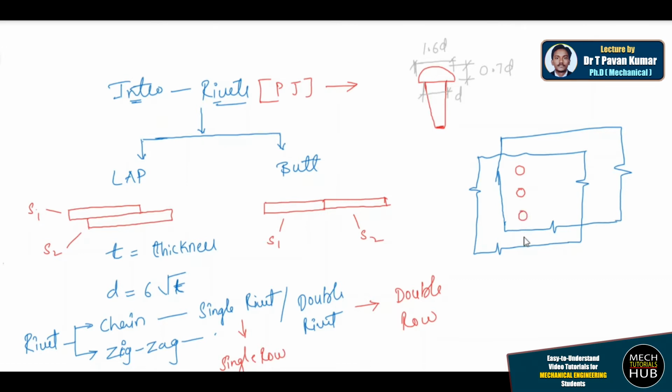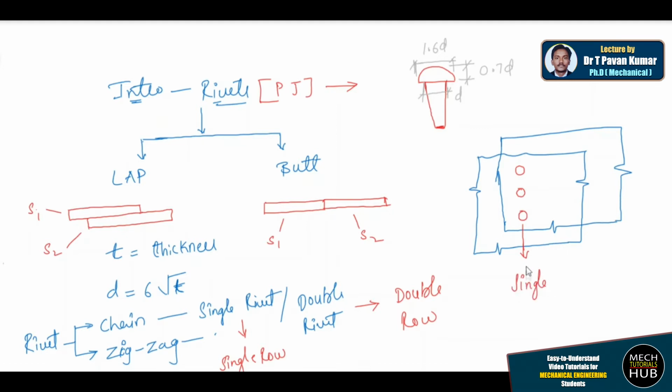If the length of the sheet is some 100 or 500 meters, then you are going to place more rivets to fix it. But the idea is to show only the area where exactly riveting is done to fix two sheets. If that is the case, you can represent it with 2 rivets or 3 rivets, that is fine. When the rivets are falling one behind the other or one in front of the other, we call it a single riveted joint.